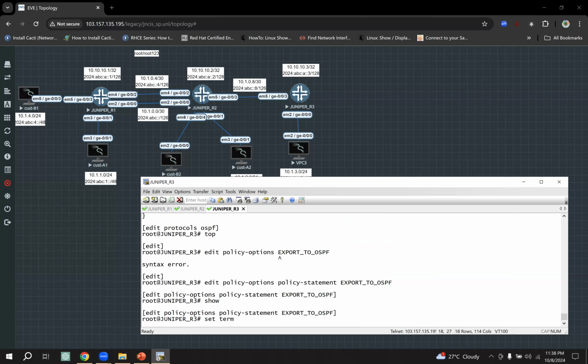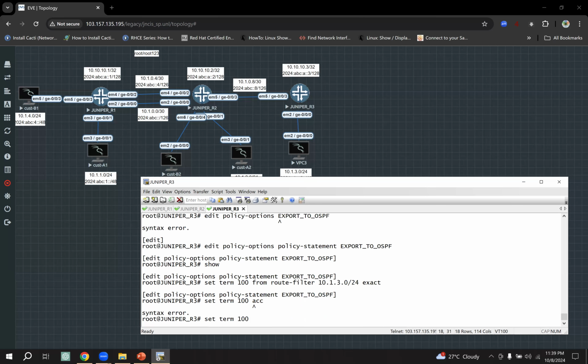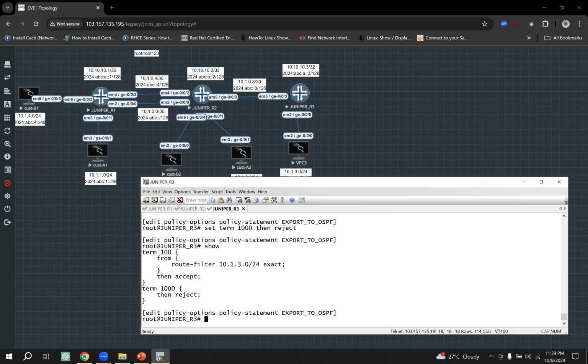Set term 100 from route filter. You can define 10.1.3.0/24. This is your route. This is the exact route. And this is exact. Then exact. Set from 1000. Then basic. Say here,